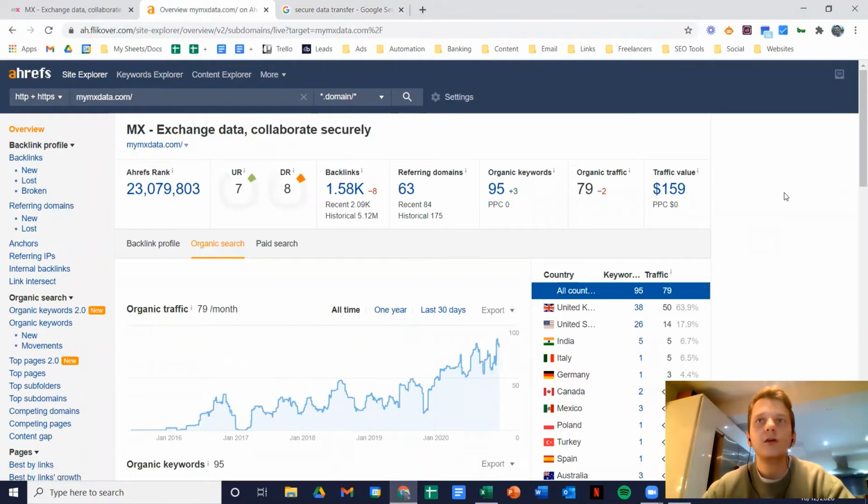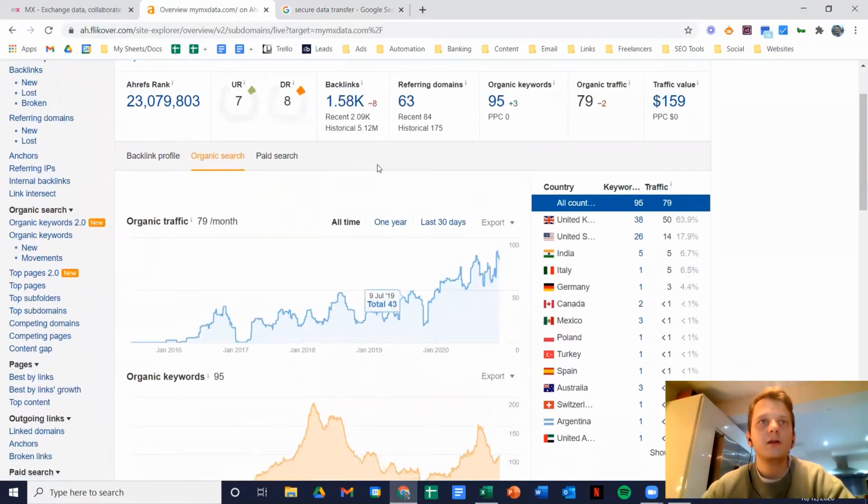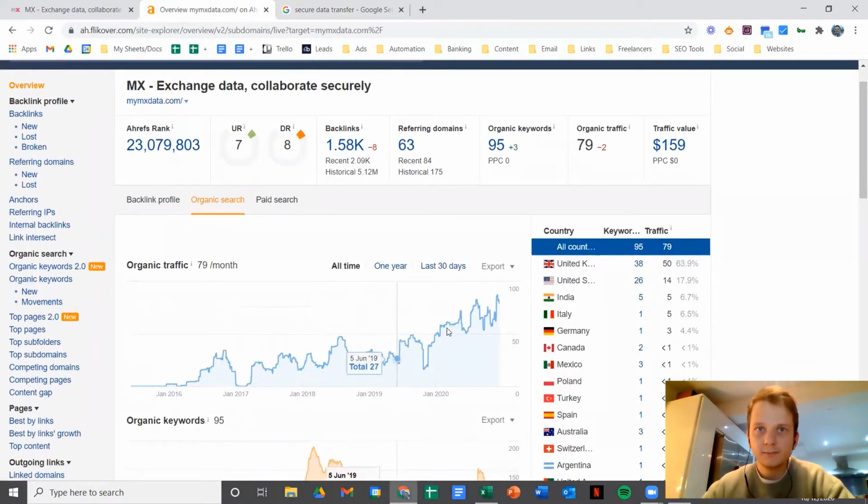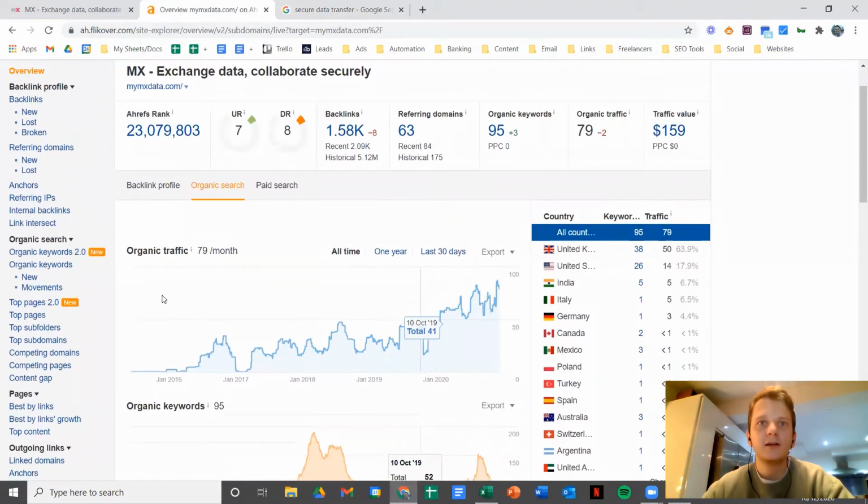Another thing, so on your offsite SEO, your domain rating's quite low, to be honest. It's 8 out of 100, and this is a logarithmic scale. So it's quite easy to go from a 0 to 10, but then it gets harder to go from a 10 to a 20, 20 to a 30, and so on. So it's quite low, really. You've got 63 websites linking to you, and whilst your traffic is steadily increasing,